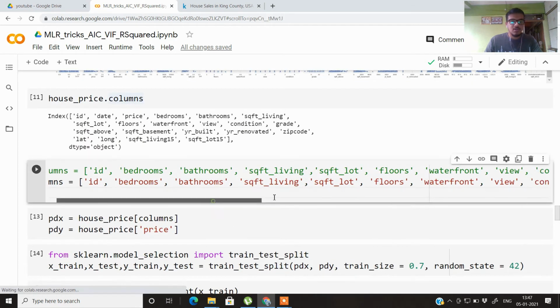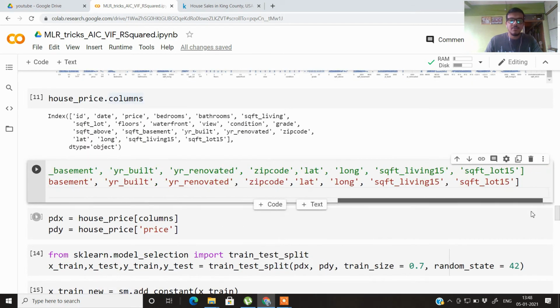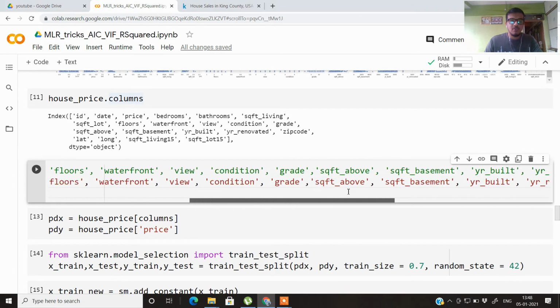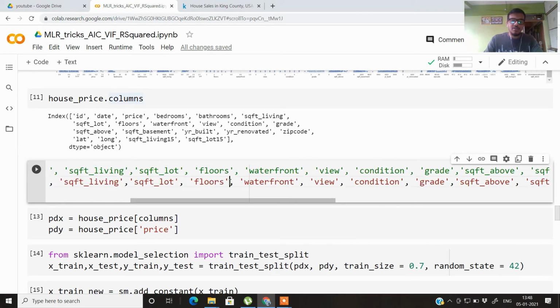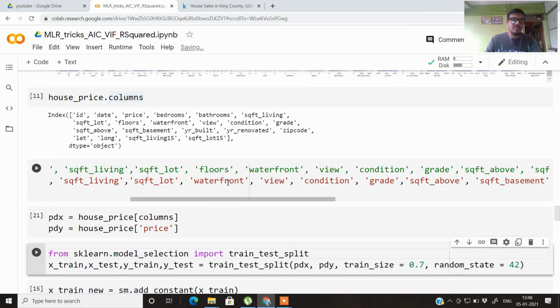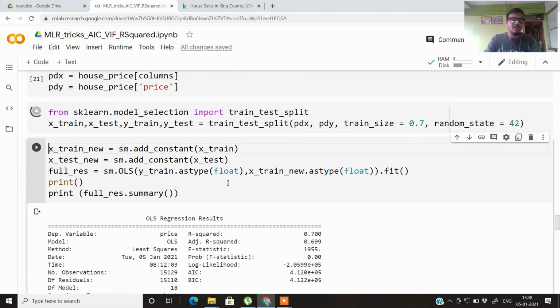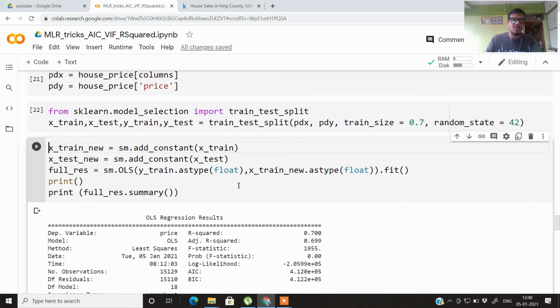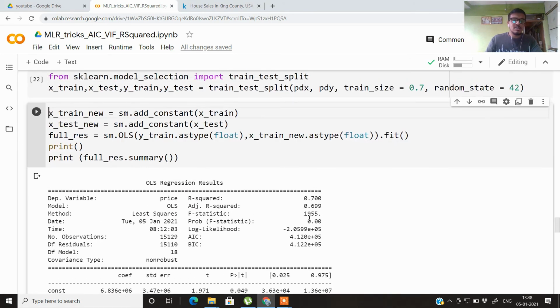So in the columns part, we will be searching for the floor. So here is the floor, and we'll be removing this variable. We'll be rerunning everything again, and we'll be seeing if we get some better accuracy or not. So here the previous results were this much.